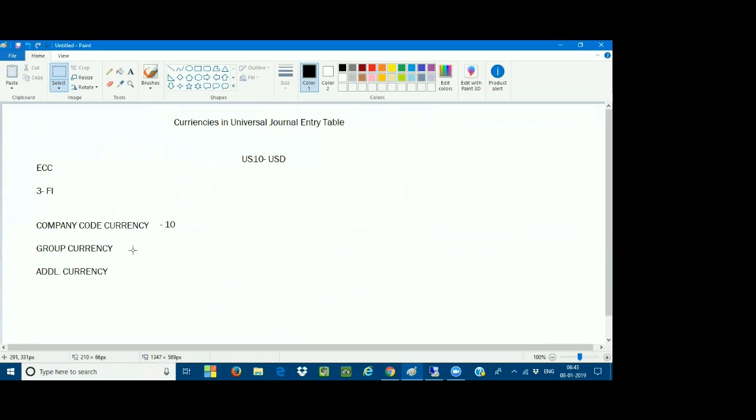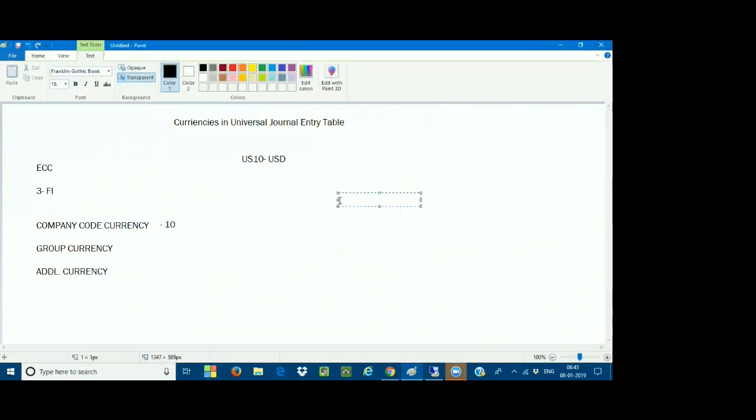Next one, we have the group currency. What do you mean by group currency? Let us assume that General Motors has several divisions in several countries. So I have US10, and at the same time, I have a company code in India, and a company code in Germany, DE10. Three company codes are there.